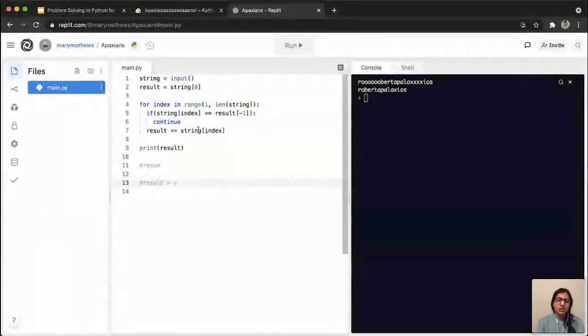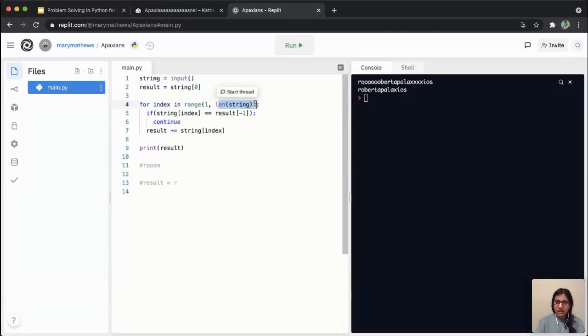So now I'm starting with my index as 1, okay? I'm not starting with 0 because I already have my first character in my result. So if I check, it's not really going to have any effect. It just won't add the character because it's already there. It doesn't make a difference. Even if you put 0, there's not going to be any wrong output or any issue. It's unnecessary. That's all, okay? It's not wrong, just unneeded.